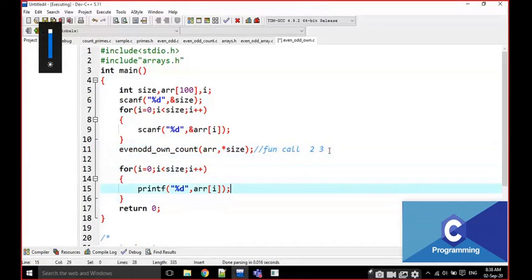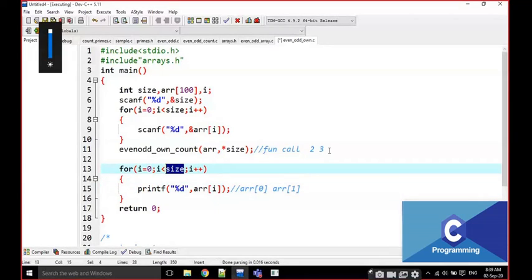That means in arr[0] is even, and arr[1] is odd, but the size is going to be some fixed value. For example, if I am reading 5 values, but here it is going to be turned as 2, in the function definition, not here.